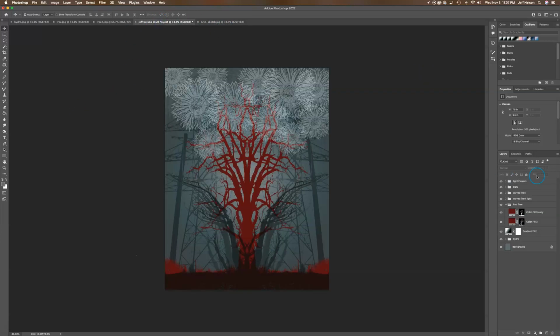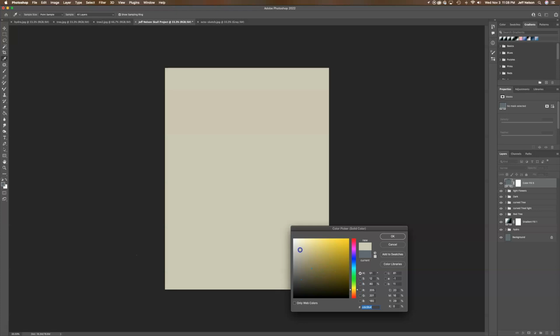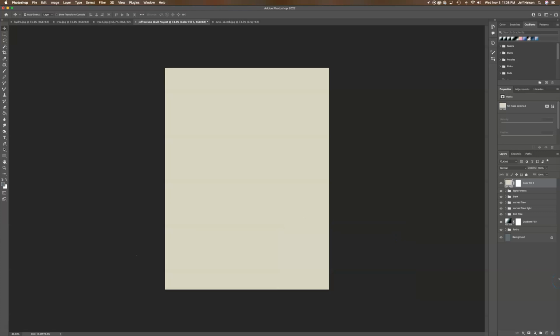We're going to hit Command, oh, no, don't hit anything. We're going to go to our Pokemon ball. We're going to do a solid color. And this time we're going to do kind of like a light cream color around there. It's pretty good. Hit OK. And then we are going to go to our mask once again. So hit Alt, click on the mask, Command V,